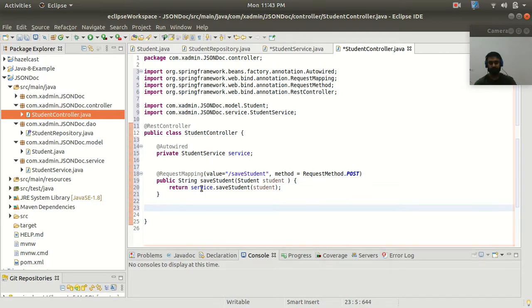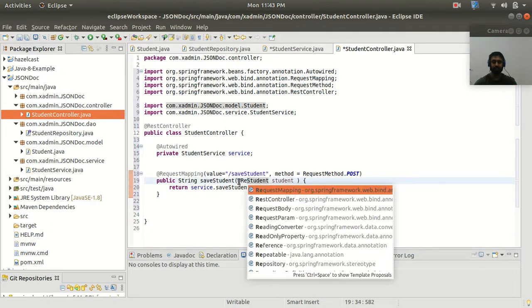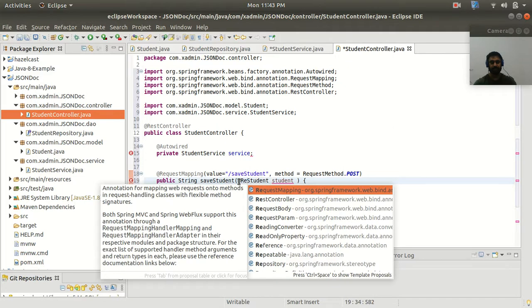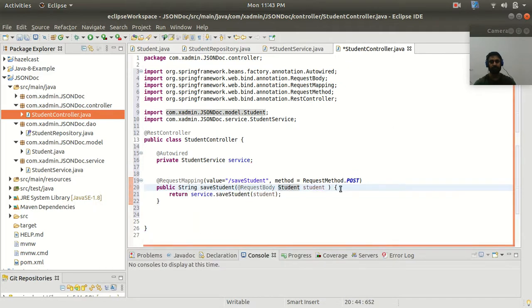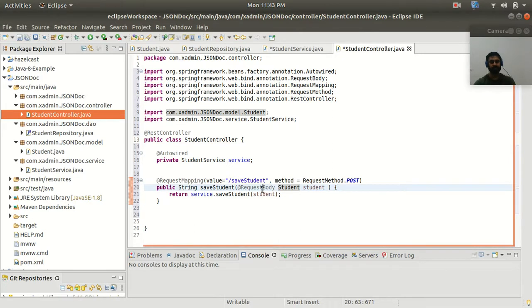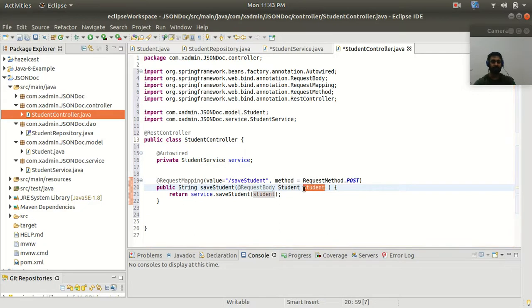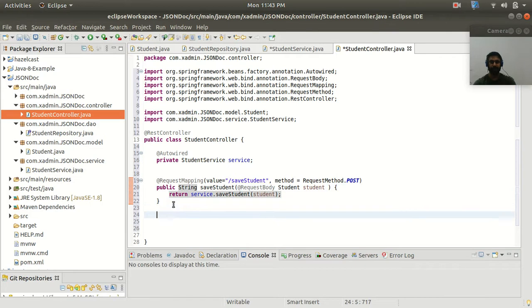Now here guys, we need to write @RequestBody, because we are getting this student from my request. So we need to annotate with RequestBody to take the student object from the request body of my request.